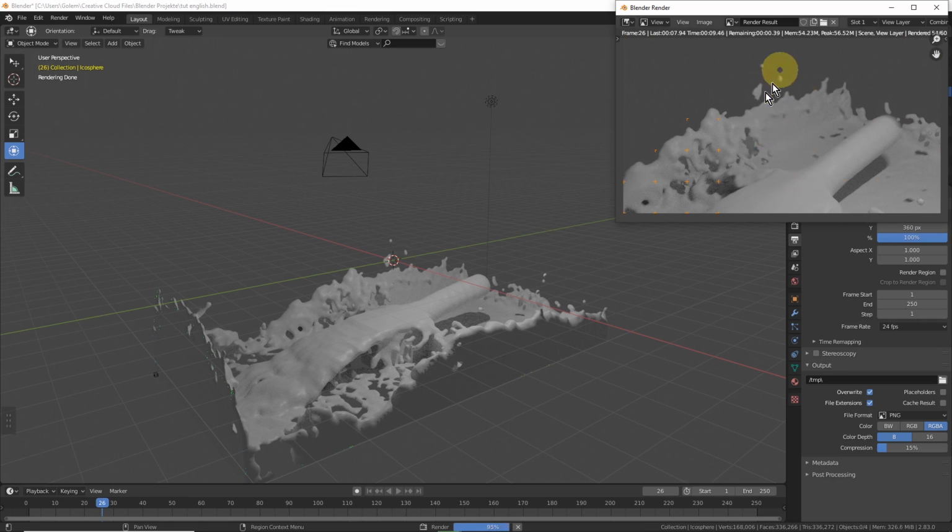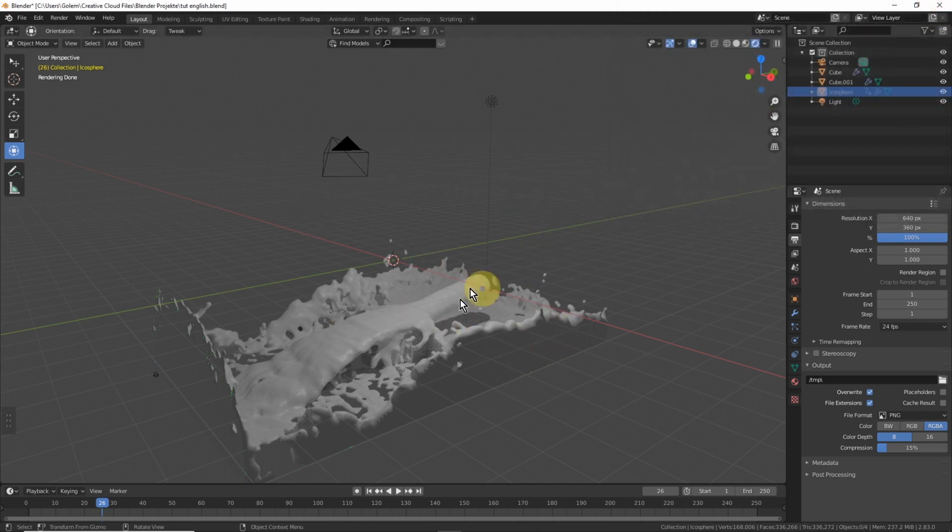So the motion blur is visible already here. It doesn't look that good right now because it's not shaded and the light is bad, but the whole thing is working right now. So we can switch back to Eevee,